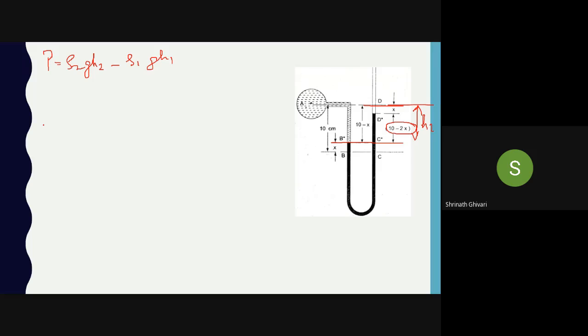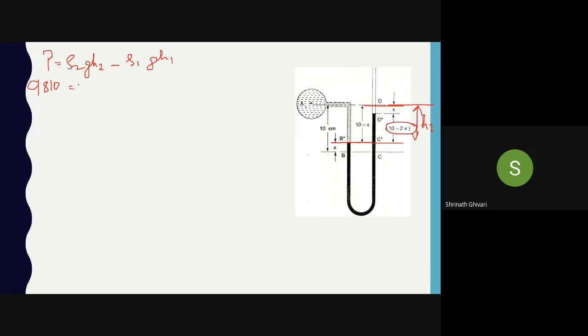What is the pressure of water flowing through the pipe? It is 9810. Correct or no? This much amount of water is flowing through the pipe. What was in the previous problem? We have just calculated the pressure in the fluid, right? But now, the pressure is given. We have to find out the difference in the level of mercury.